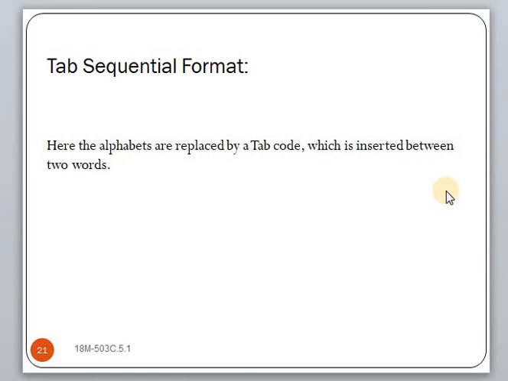So this is about the tab sequential format. Let me explain it once again. This format is essentially the same as the fixed sequential format, and the main difference is that each word within a block is preceded by a tab character. The main improvement over fixed sequential format is that the tab character for a specific word need not be followed by numeric data if data are not required in that particular block, or if they are modal data that have not changed from the previously given value.